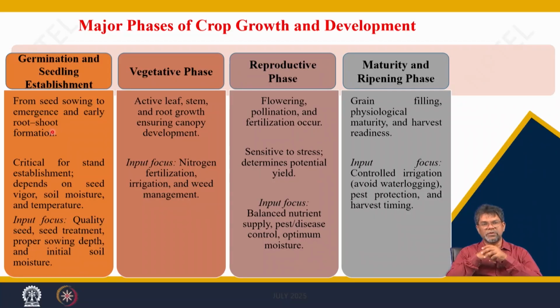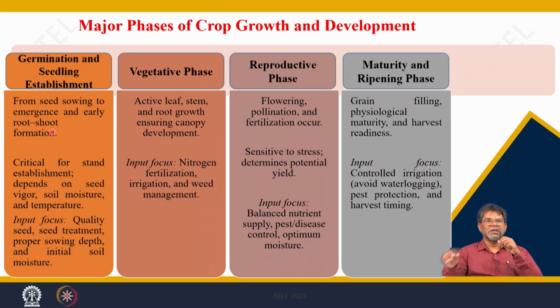So it is very essential that proper land preparation is there, and the seed quality, seedbed preparation, and soil moisture should be enough for proper germination. Not only germination, but proper stand establishment. After germination, this should also facilitate proper root development, so that the seedling can establish. This phase is very critical and crucial from the farmer's economic point of view. There should be proper conditions for seed sowing, seedbed preparation, germination and establishment.